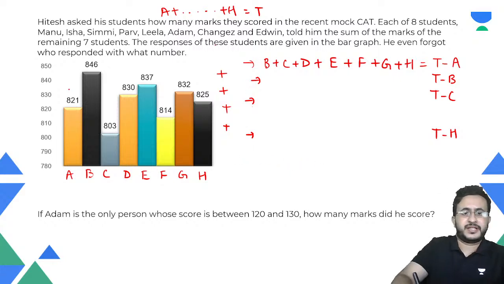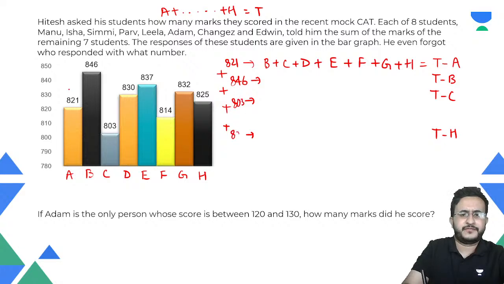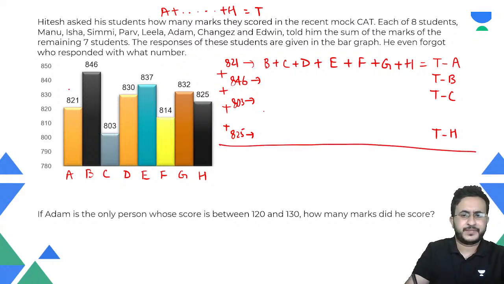So these are the numbers: T minus A, T minus B, and so on till T minus H. So if we add all these numbers,